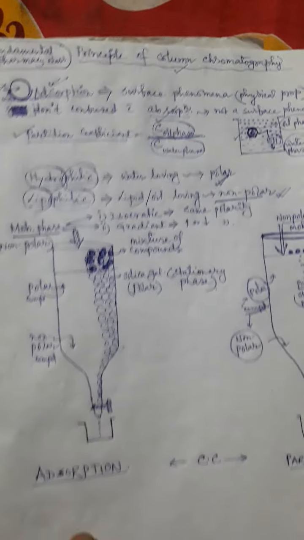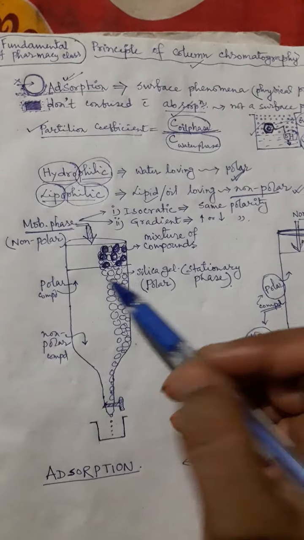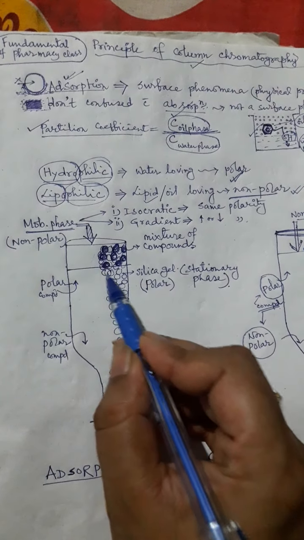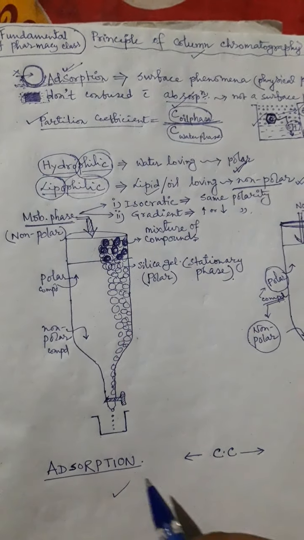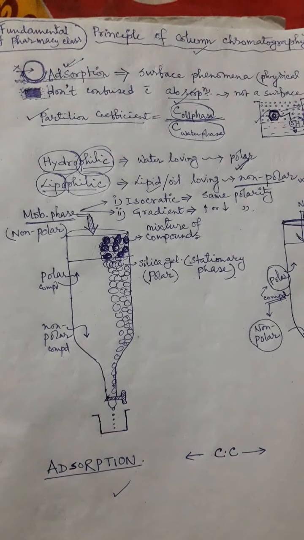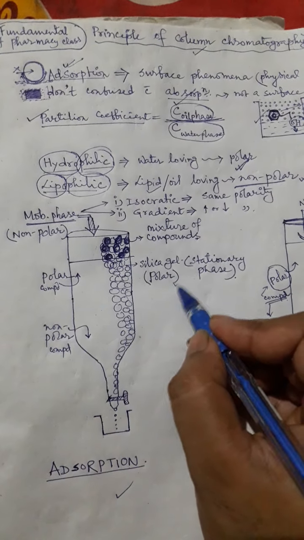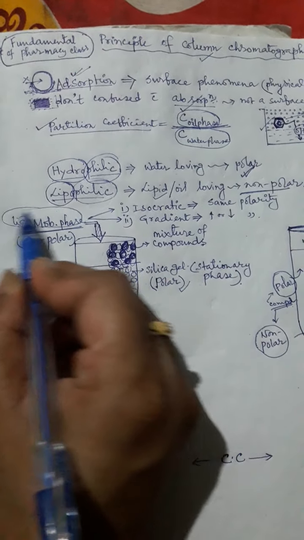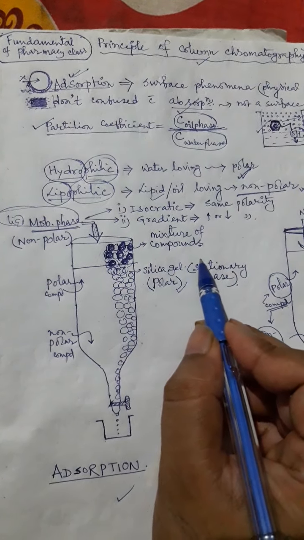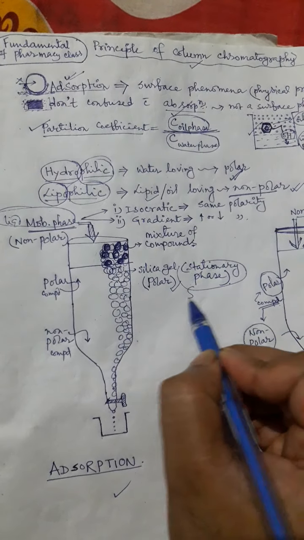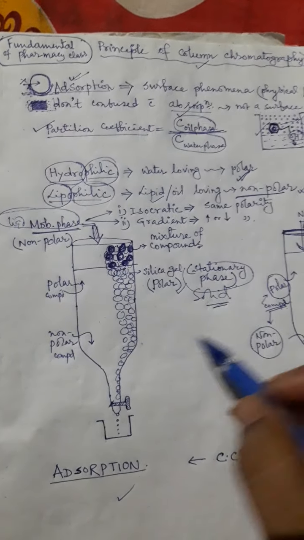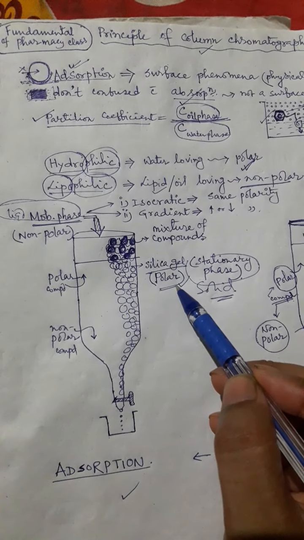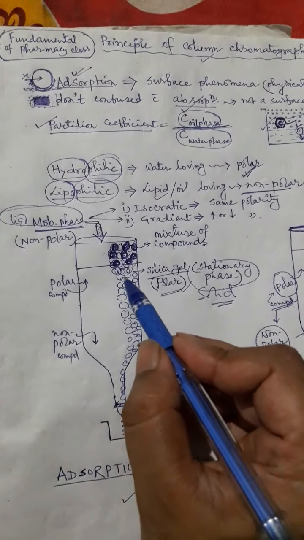Now coming to the point, column chromatography. You see, this is the column, with the stationary phase. Consider this adsorption chromatography. That means the stationary phase is solid and the mobile phase is liquid. Now you see, if it is silica gel, which is polar in the case of normal phase chromatography,